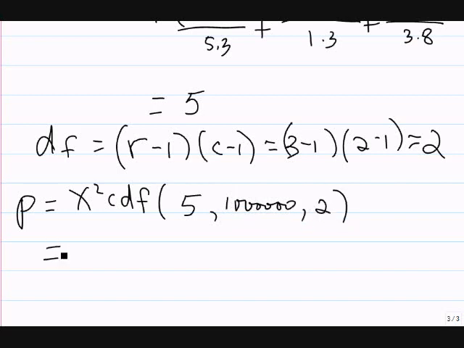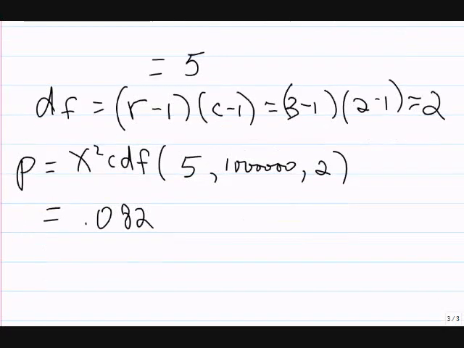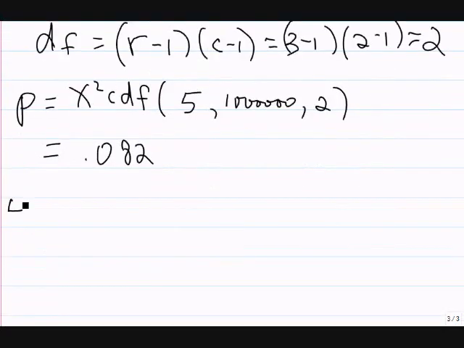And you give me a p-value when you're ready. 0.082. All right. If we had met conditions, now I would say since my p-value is greater than 0.05, we